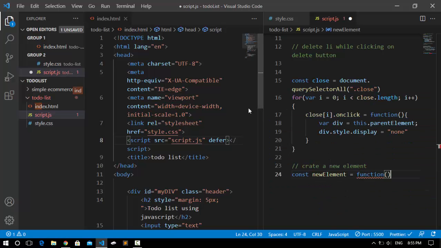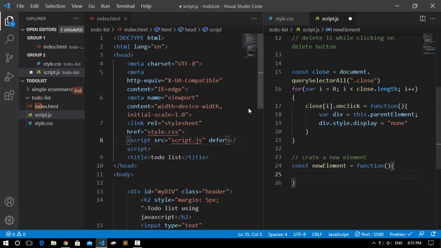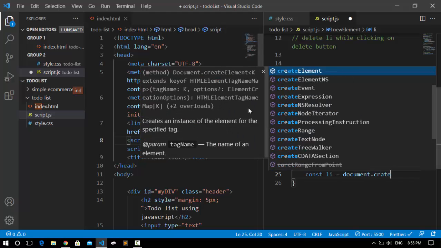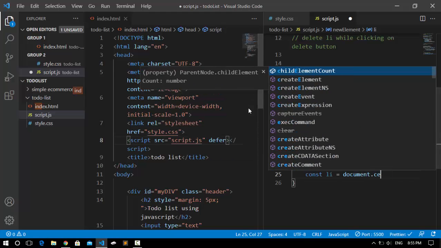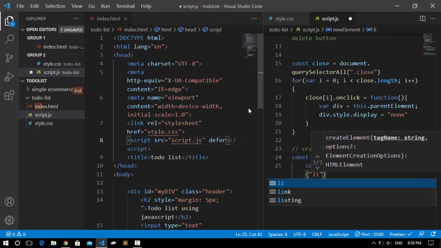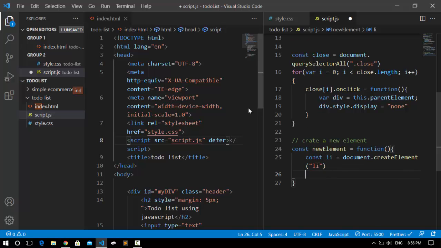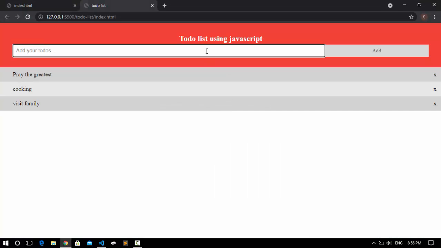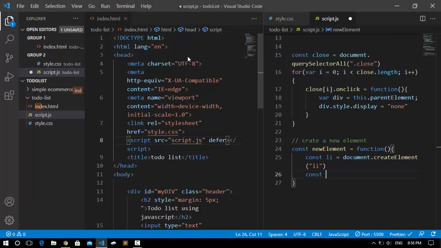In this function, what I'm going to do is create a variable. So I'm going to say const li and document dot createElement, and the element name is going to be li, list item. After that, I'm going to create another variable, because we want to get access to the value of this input type. So I'm going to say const input value, and after that assign it to document